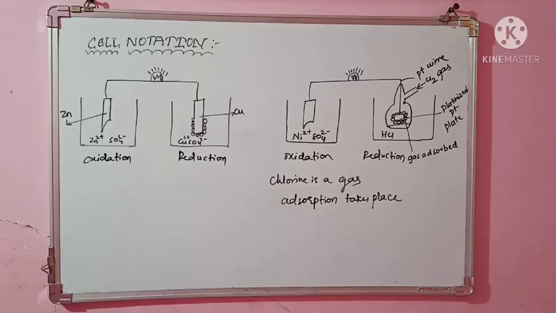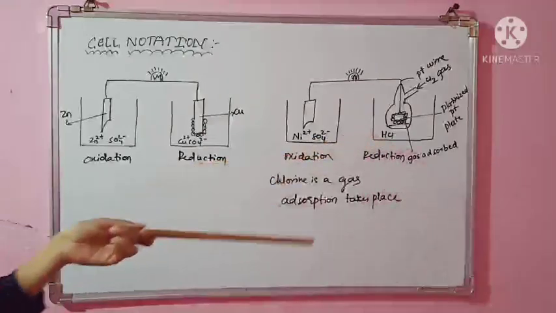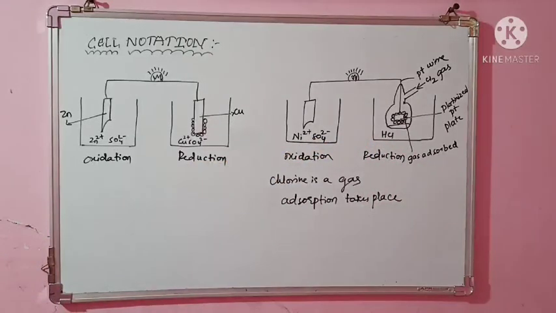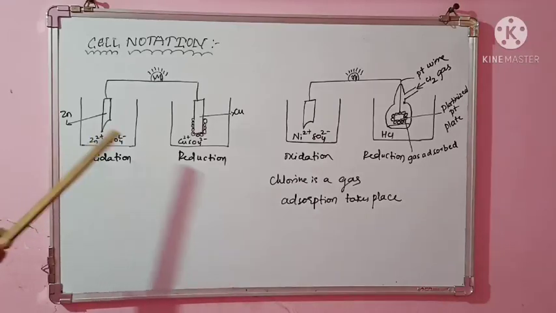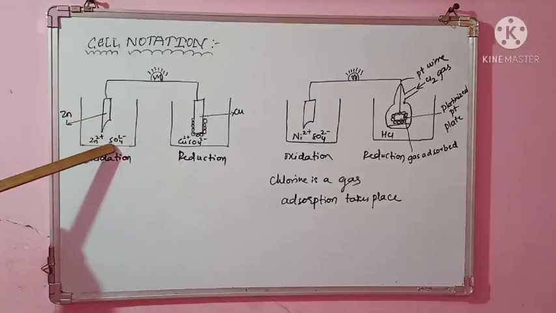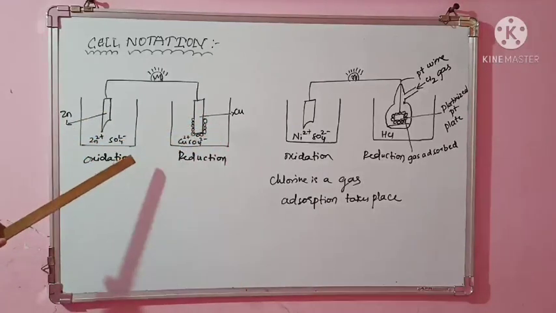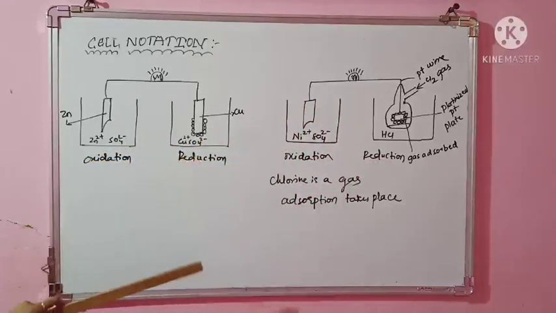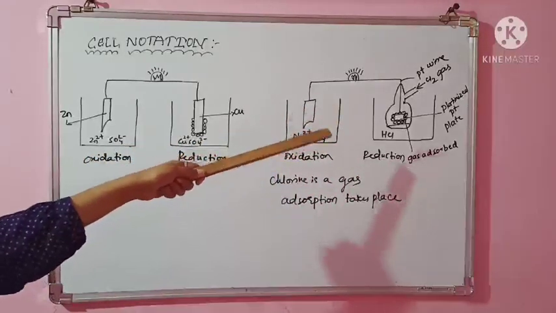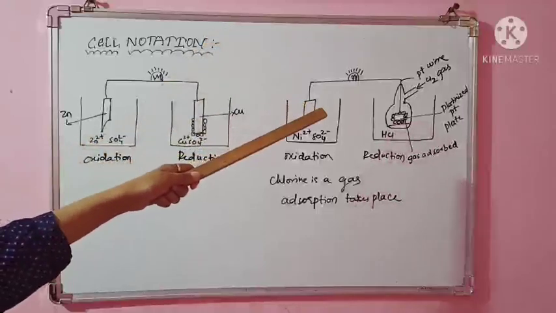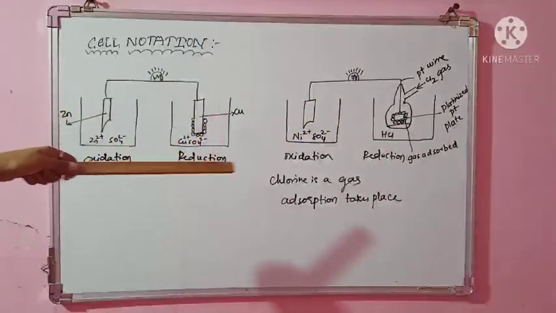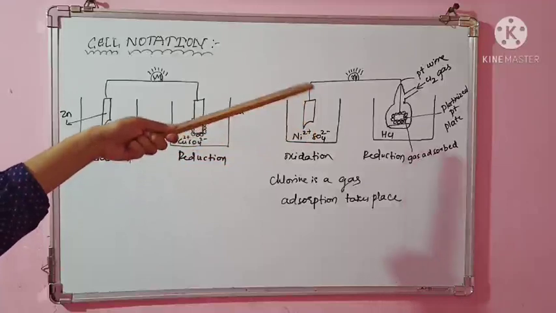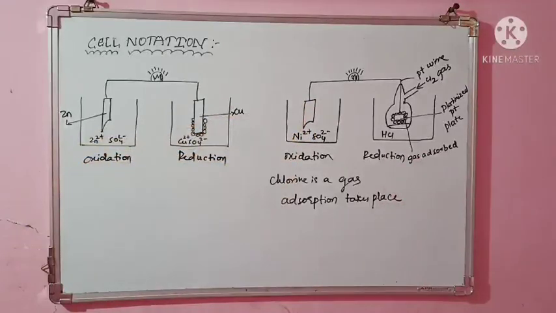Then we have to consider the solution of chlorine gas, that is HCl we can take. So this is the initial setup of the construction. Here you have taken oxidation, reduction, metal in solution with its electrolyte, and similarly here also a metal made of nickel in nickel sulfate solution. Only the thing is you have made the adjustment, there is a gas electrode, since chlorine cannot be made as a solid electrode, chlorine is a gas. So we are making that setup. This is all about the setup of the cell.